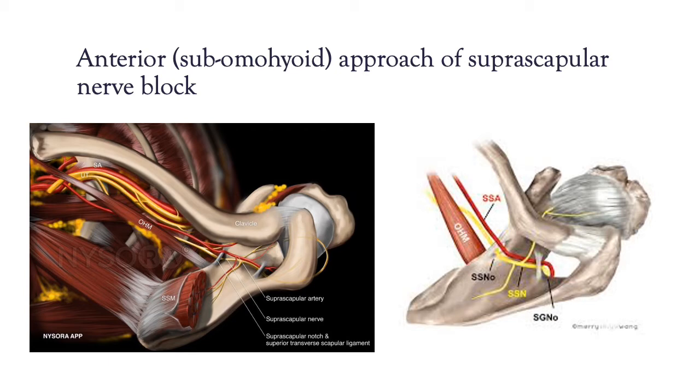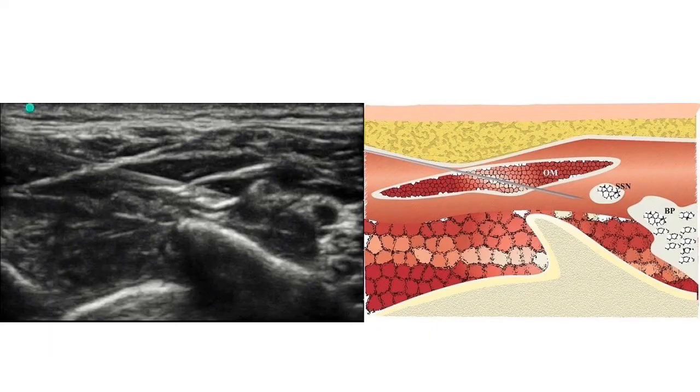So you can see the suprascapular nerve, after branching out from the brachial plexus, will follow a path parallel to the omohyoid muscle before it curves to the suprascapular groove. So this is the suprascapular nerve underneath the omohyoid muscle, and you can see the interesting thing is it